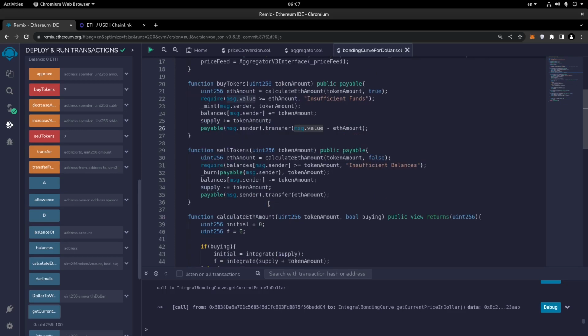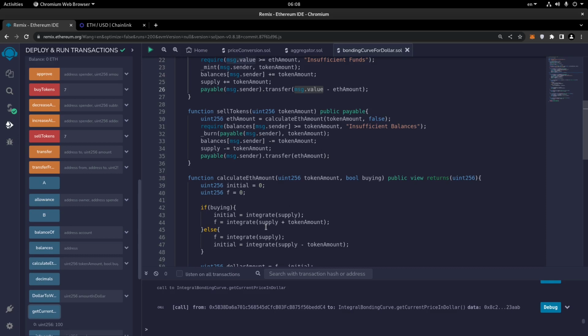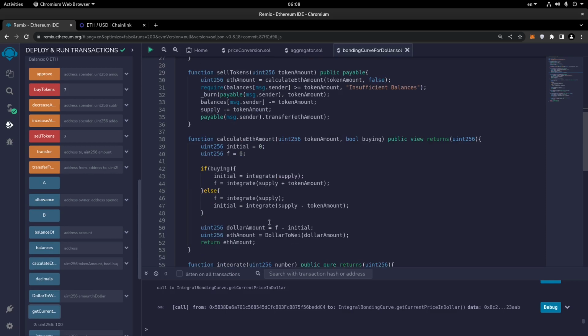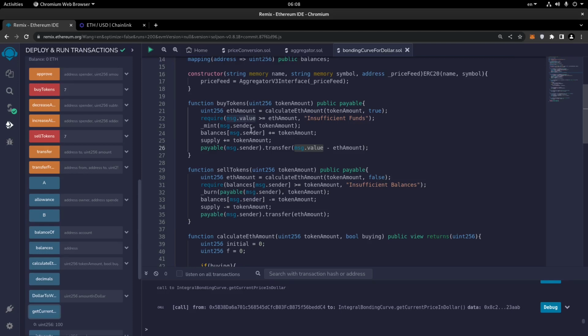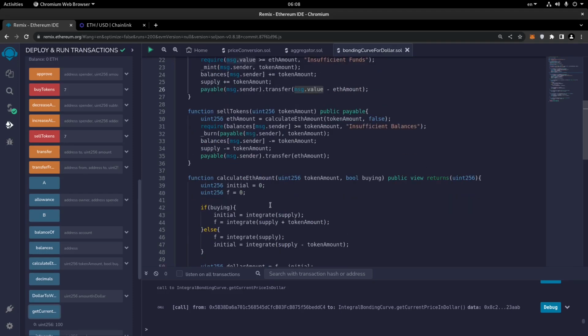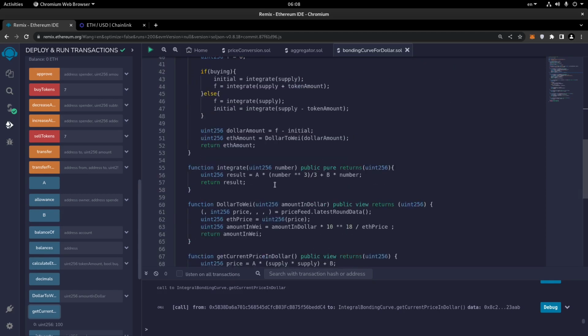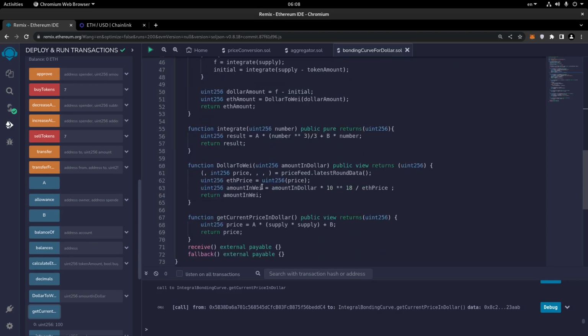If you want to pay less gas fees for buying and selling the tokens, you should reduce the number of functions. So you might need to write most of the code in one function. Whenever you want to buy the token, for example, it uses this function, calculate ETH amount, and also integrate, and also dollar to VAY. So there are 4 functions that we are using, but they can be reduced to 1 or 2 functions to pay less gas fees. But here, for clean coding and for educational purposes, for you to better understand what's going on, I'm writing the functions like this, but for it to be more optimized, we have a trade-off,